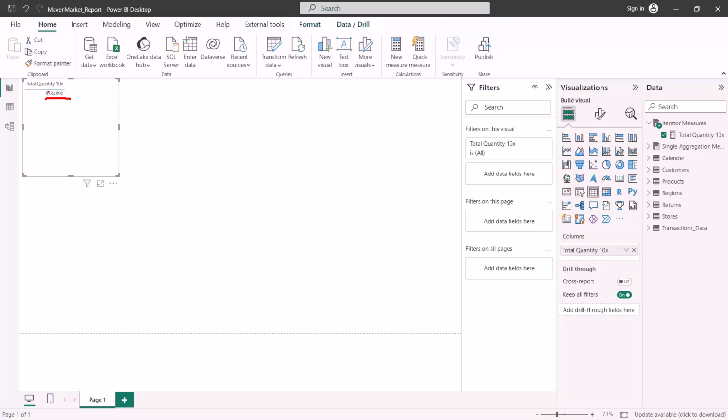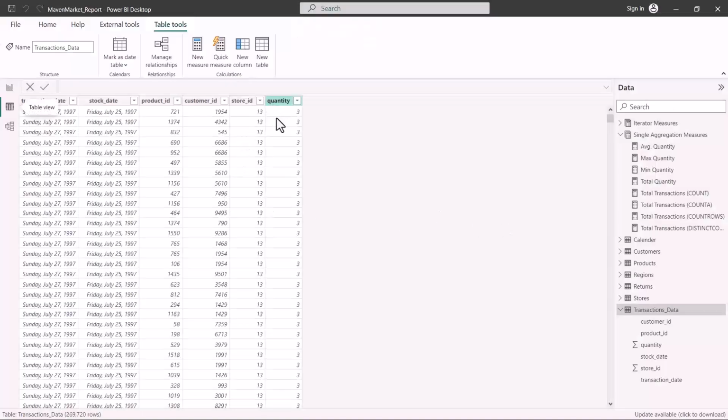So by using this family of functions, by using SUMX, AverageX, CountX, MinX, MaxX, and some of the others, we can actually build calculations, we can build expressions, and we can improve our analysis. The limitation with the single measure aggregators is that they just operate on one column. So now quickly we are going to look at one other example where we are going to explore something that is the essence of this particular analysis, and that is that we are going to use this particular quantity column here,